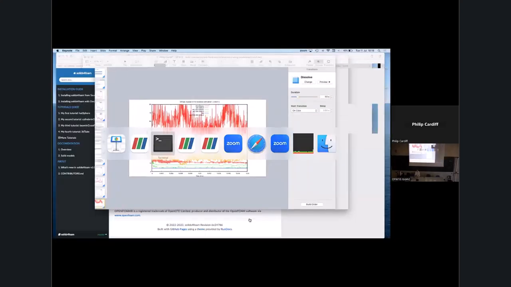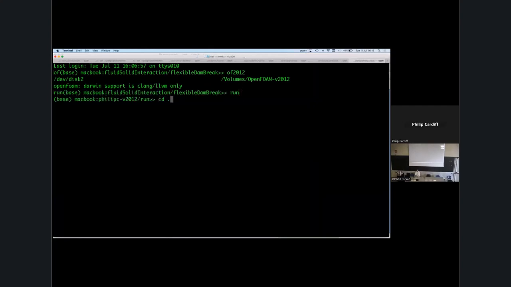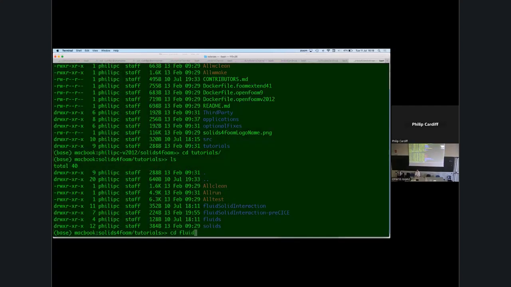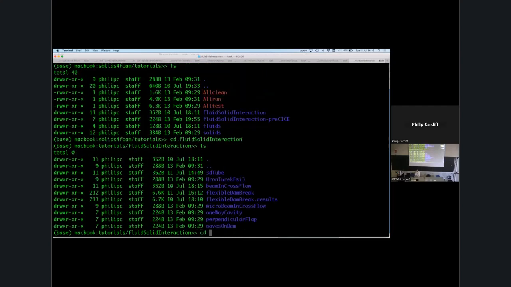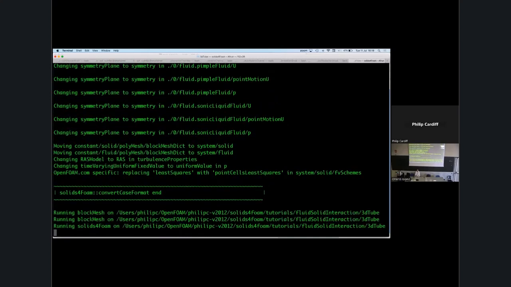So let me just see if I run it. This test case is a bit slower. I use solids4foam, and I'm using 2012 here just because I have installed the tutorials. Fluid solid interaction, 3D tube. You can see it runs pimpleFluid by default, but there's sonicLiquidFluid. SonicLiquid is a weakly compressible fluid solver, so I use this barotropic equation just to make it a little bit compressible. So if I run this,